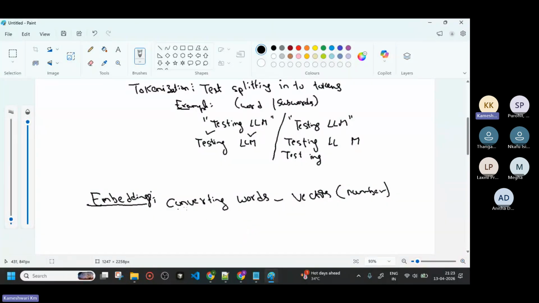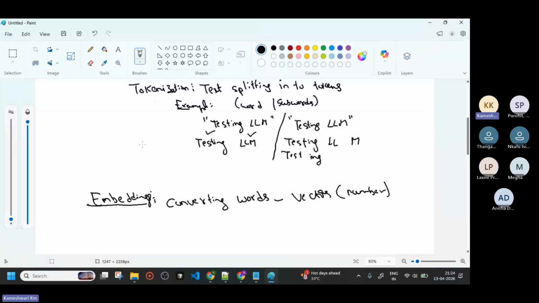Here the definition is like, suppose there is a large data. If you want to send the large data to the computer, it is not going to understand it, right? From the machine language, it is not going to understand. So we are going to convert the entire text into embeddings. We break each sentence into tokens, each word into one token, and we convert it into a vector. That is called embeddings. Each word is a vector, and we represent it as one number.